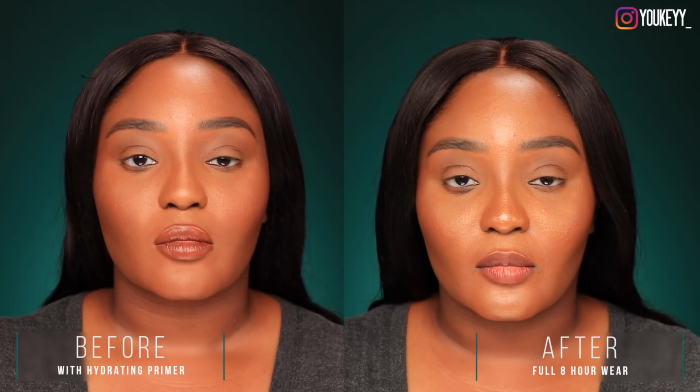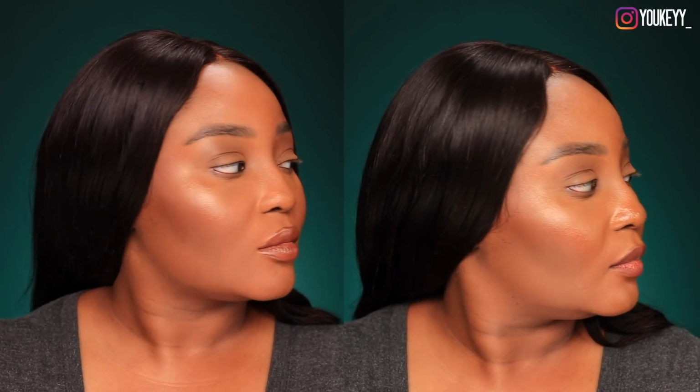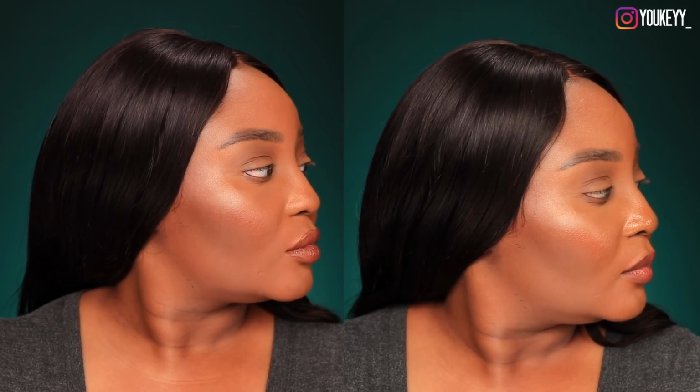I have some separation in my smile lines, just right here. What are those called? Nasolabial folds, something like that. Now, mind you, I went grocery shopping. I did a lot during this wear test. Went grocery shopping, cooked. Okay, it was just those 2 things. But like I did stuff. I put stuff away. I took out the trash, like really labor intensive things that I usually don't do when